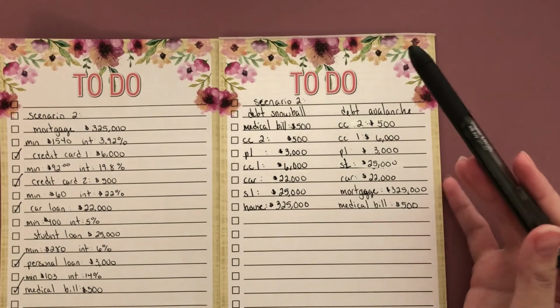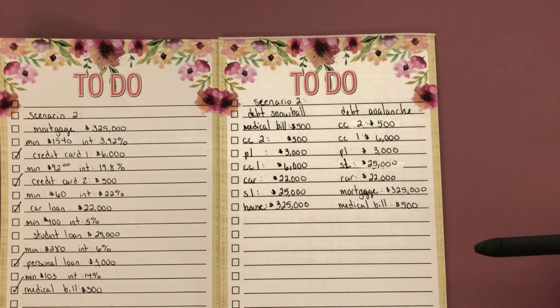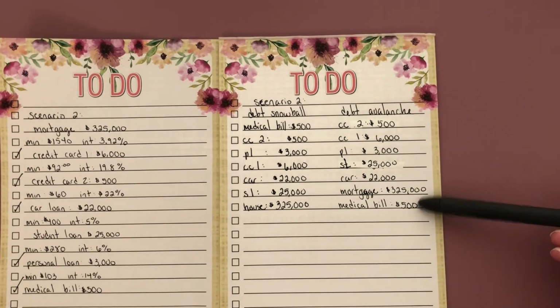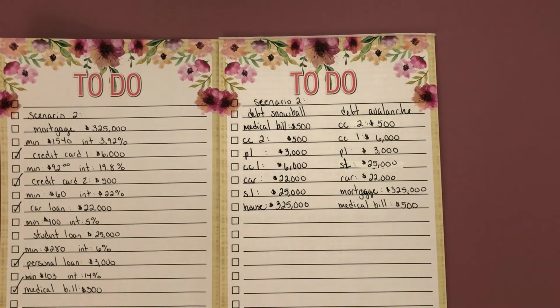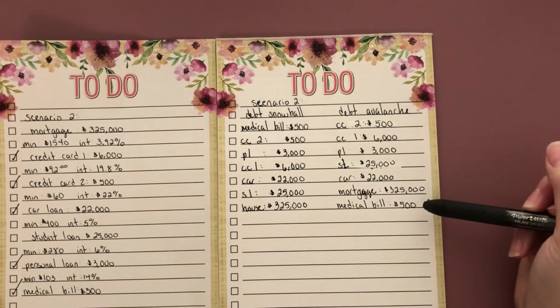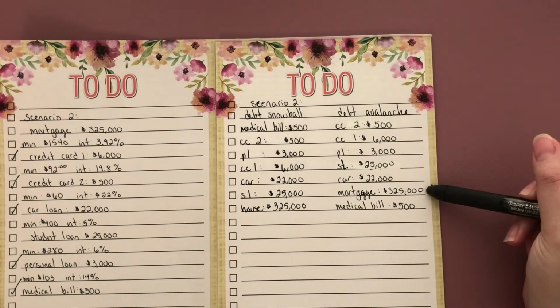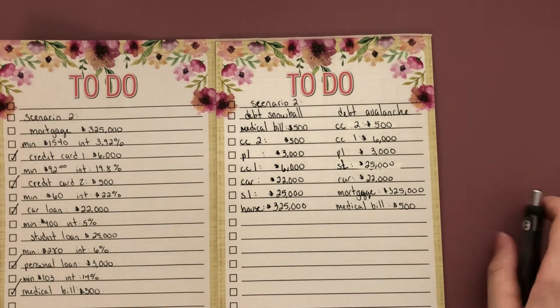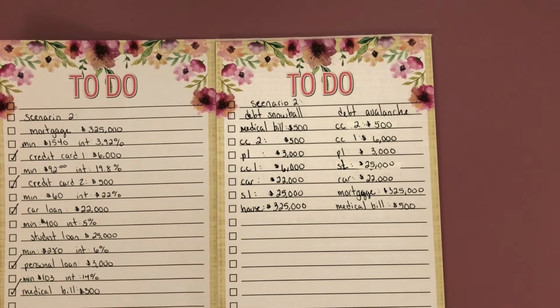What I would do is I would call, and let them know how much you have to pay up front. If you don't have the full $500, maybe you have $350 that you can do. So see if maybe there's a way where you can just pay it off. Sometimes they're lenient and will do that. If not, you'll most likely have to have a payment option for like maybe 4 months, 5 months, depending on how much you can afford at that time. So medical bill is most likely not going to be the last thing, because it's going to take a while to pay your mortgage.